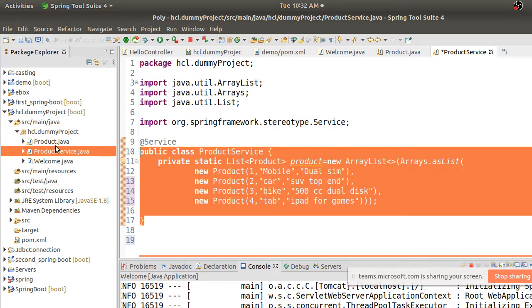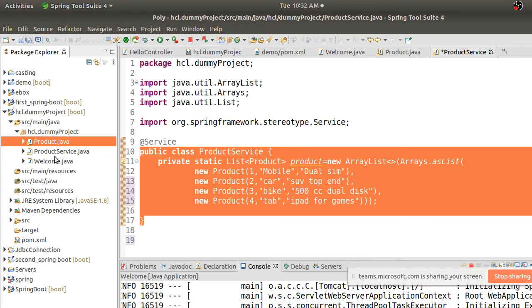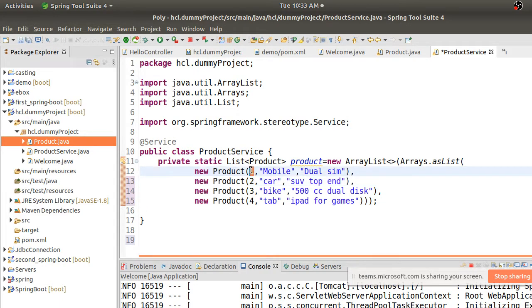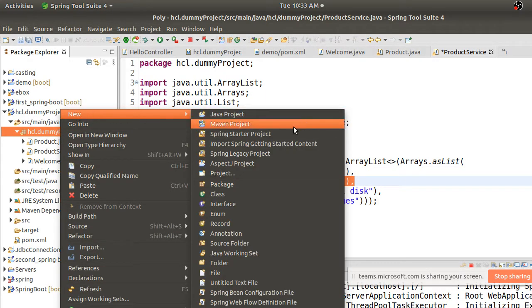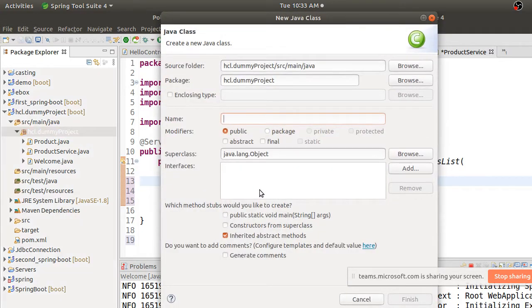What else we need here is a controller, to decide for what request what action should happen. For example, slash products should return all these products. If I have slash product and pass an ID, it should only return this mobile. If I do a delete request for this ID, it should delete this product. If I want to do an update request with any product, it should do that update. All those methods are written inside a controller, so I'll create one controller also. I'll call it ProductController.